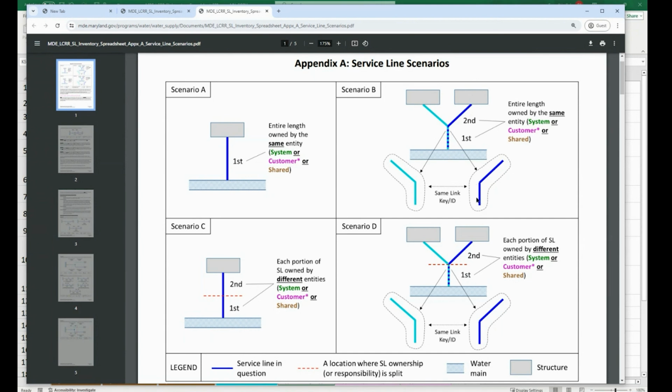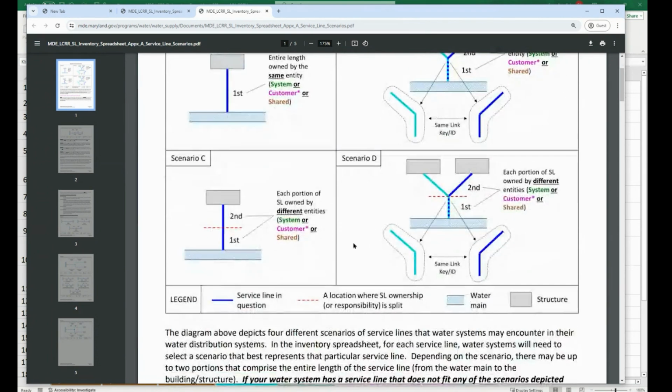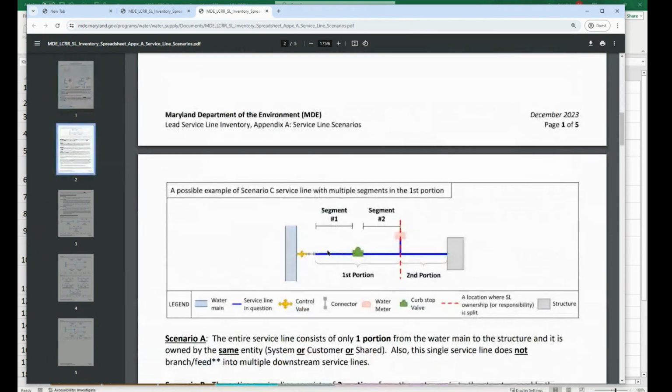Material, essentially the same type as the first portion of the darker blue service line. But when it branches into two different service lines for the second portion here, then the material might not be the same, right? And that would be considered the second portion of the service line. So with that in mind, when we talk about the concept of segment,